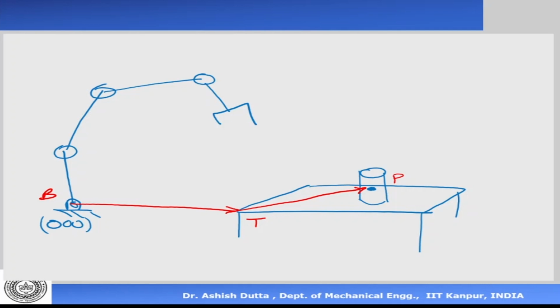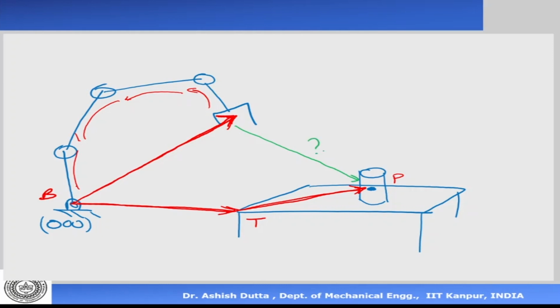So that is one line. The other is from here; I need this vector. How do I get it? I get from here to here, then here to here, here to here, here to here, so I know this vector. I also know this vector. Which vector don't I know? I do not know this vector. Let me call this the end effector, or tool. So I do not know that vector. How do I get it?